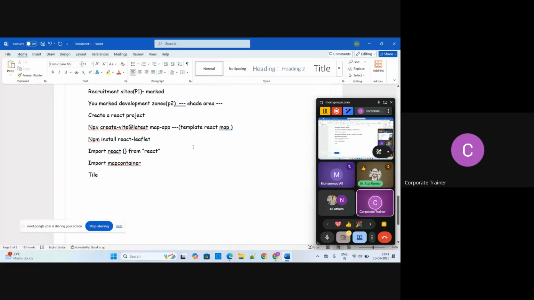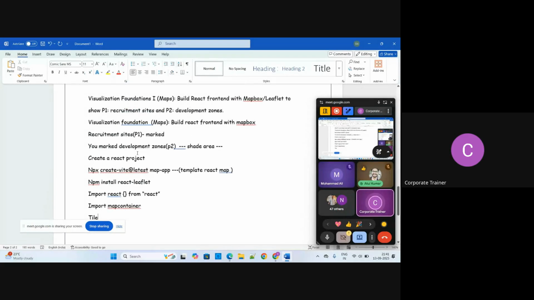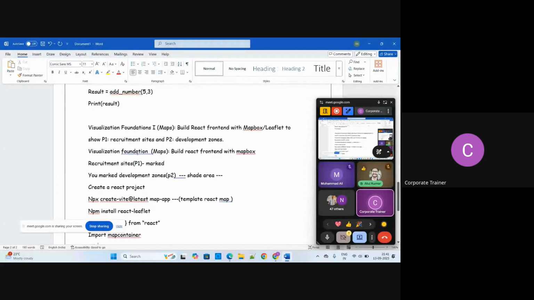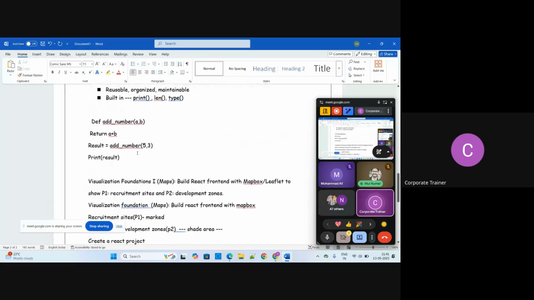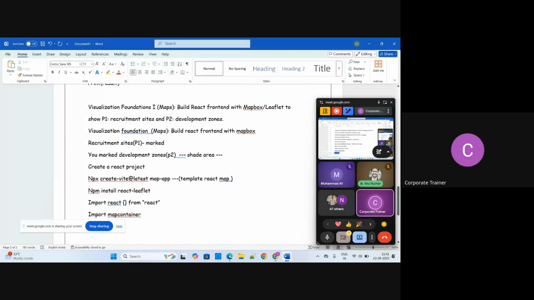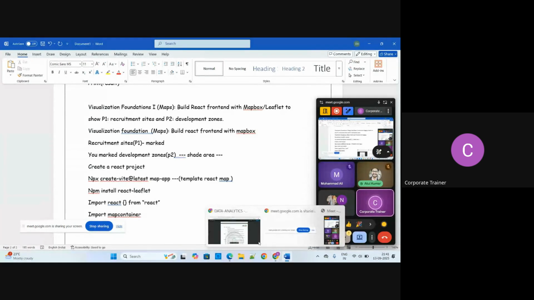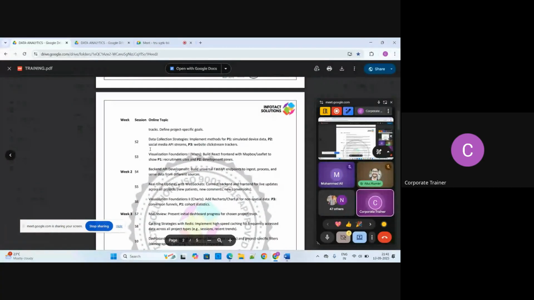So, you guys might be thinking, sir, what did you suddenly start writing? I'll explain today's agenda. This is the topic in the curriculum: visualization foundation maps, build a React front end with Mapbox and Leaflet.